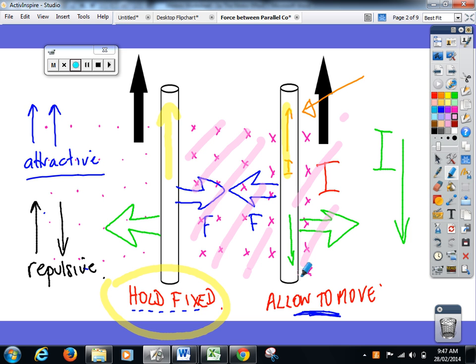The magnetic field has to surround the second wire over here, the one that's allowed to move. And we look at the motion of the one that's allowed to move. In either case, it will be going towards if they're in the same direction or away if they're going in opposite directions. Then you have to apply either Newton's third law for every action force,